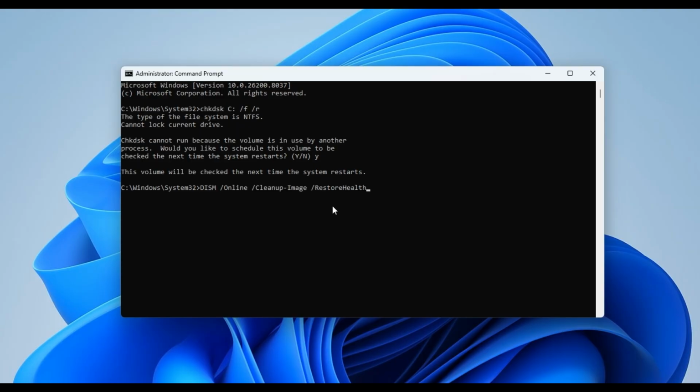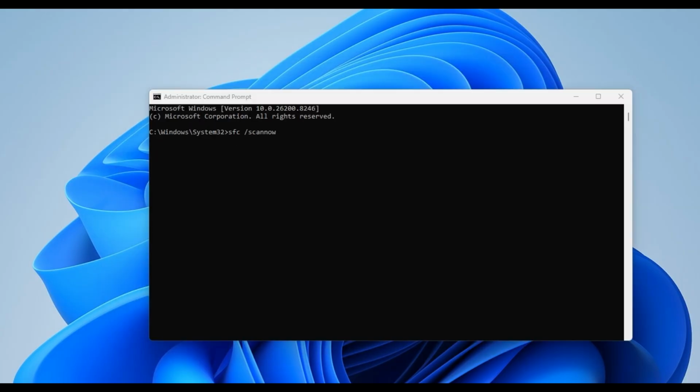Type DISM space /online space /cleanup-image space /restorehealth and press Enter to allow Windows to download fresh, uncorrupted system images from Microsoft servers. Once that process finishes, type SFC space /scannow and press Enter to verify your local files and instantly replace